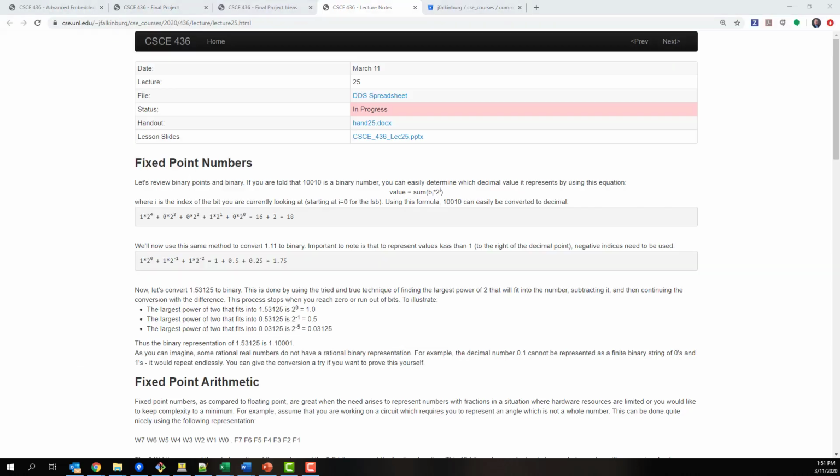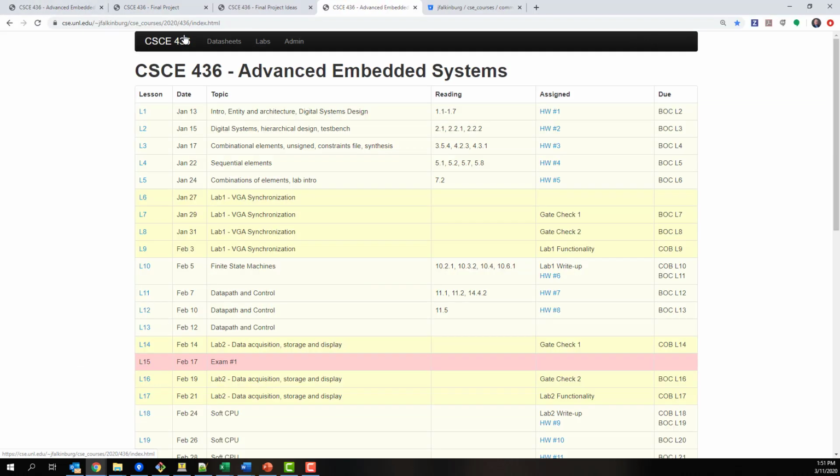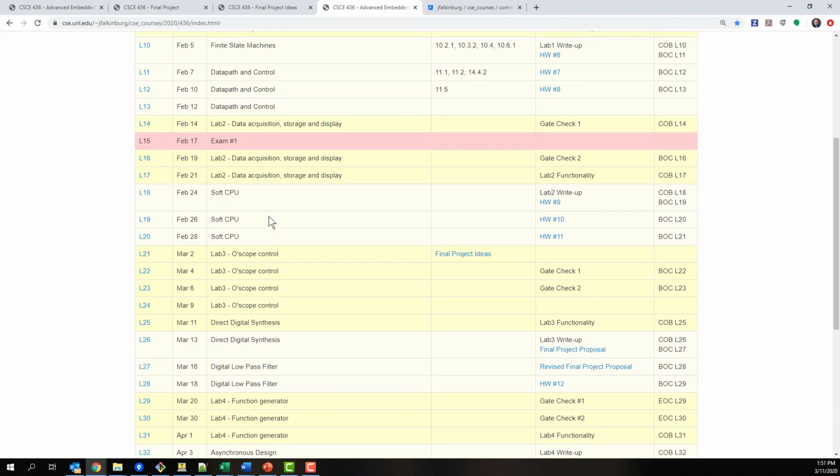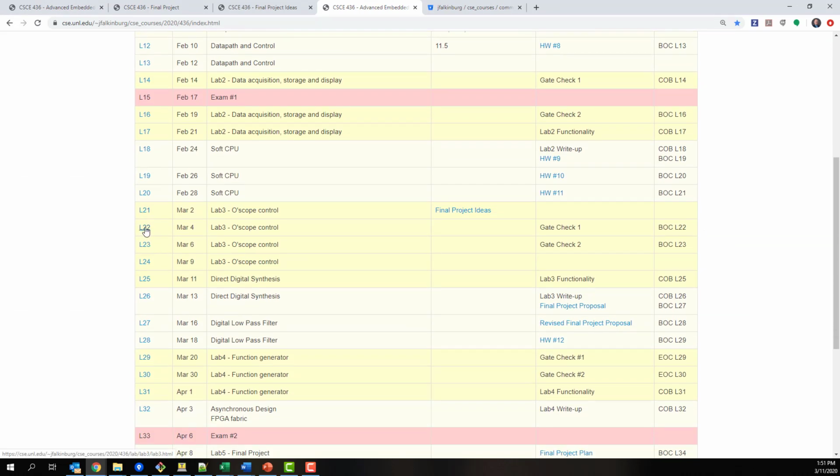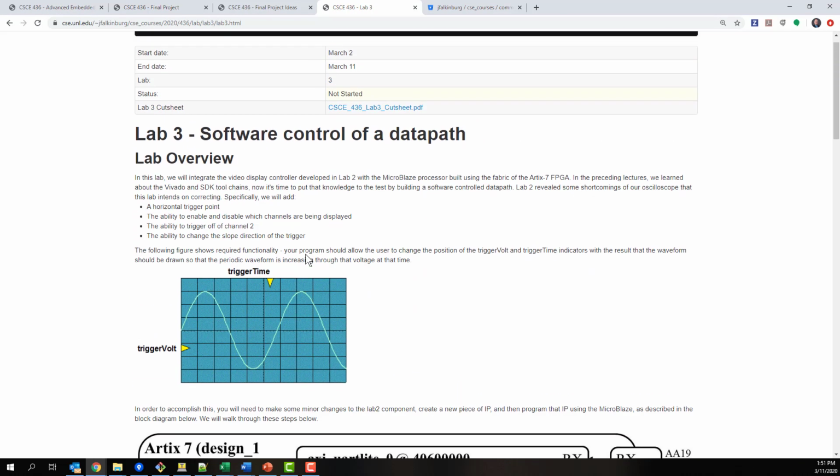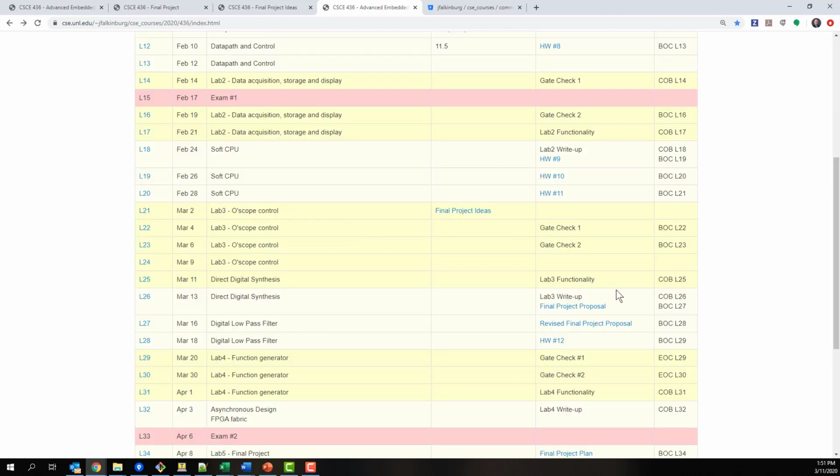Don't forget to finish your lab 3. I'm going to go around and see how you're doing on those for your functionality, and then by Friday, next time, you need to have your